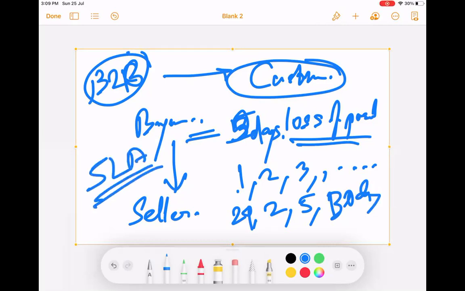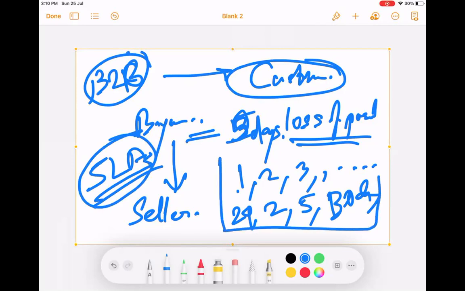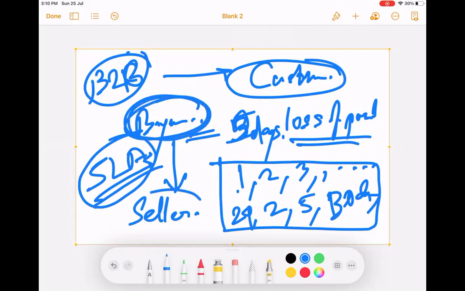That's correct. So based on these SLAs, if these SLAs are breached, if the seller side is not providing service on time or cannot fix this defect, the buyer can go to court and ask for compensation from the seller.